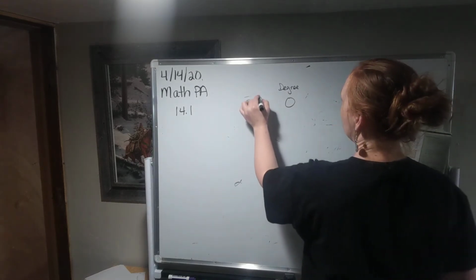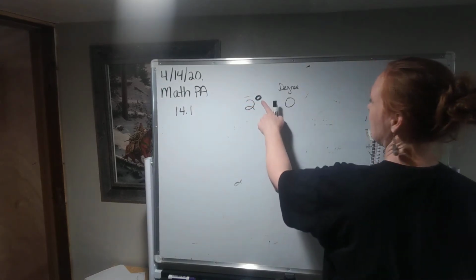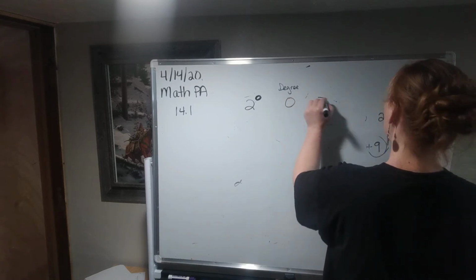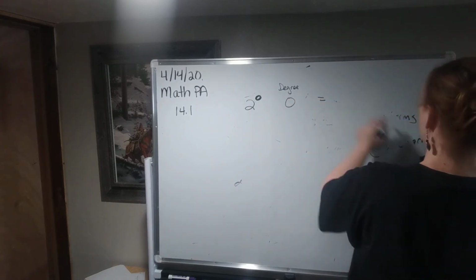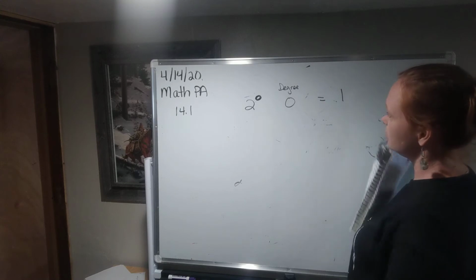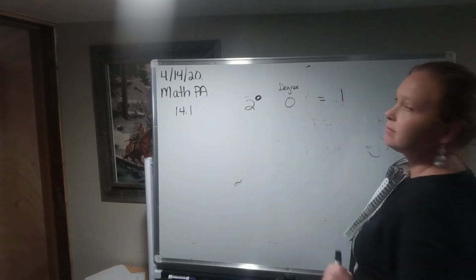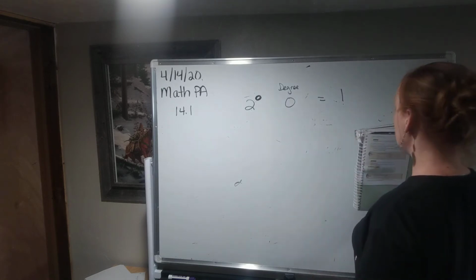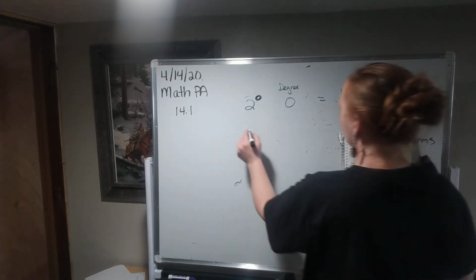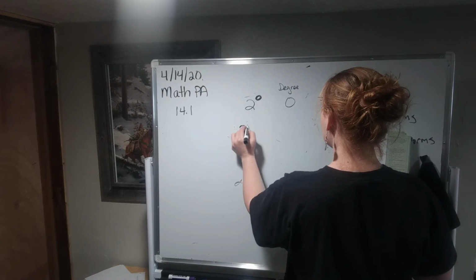So if it doesn't have an exponent, it has a 0 degree, but that means that it equals 1. Interesting, doesn't it? Anything to the 0th power equals 1. That one's a little bit harder to understand. Just hold on, we'll keep going. Okay, so